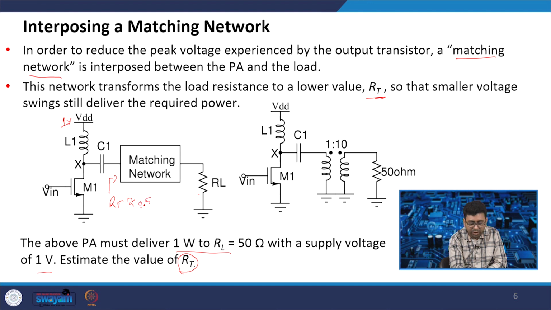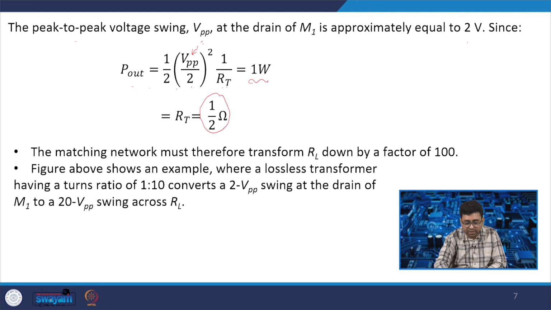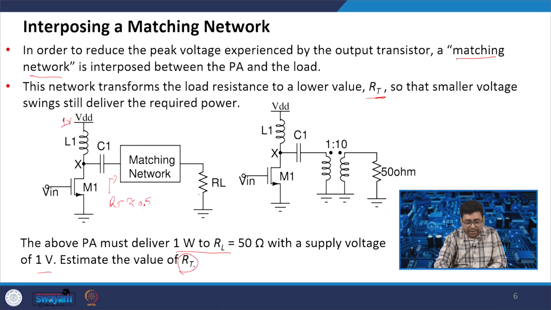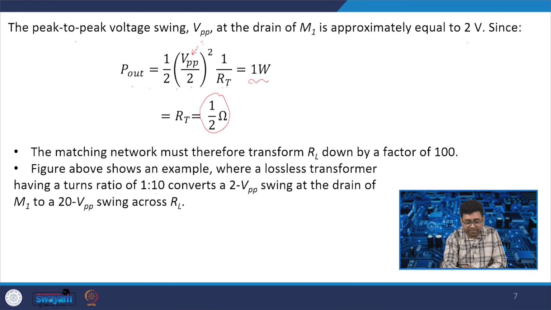If you try to see 0.5 ohm resistance and that RL is 50 ohm, then if we want to convert 0.5 to 50, and if the voltage swing is double, your requirement is a 1 by 10 ratio of the transformer. So, what will happen? The matching network must therefore transform RL down by a factor of 100, and